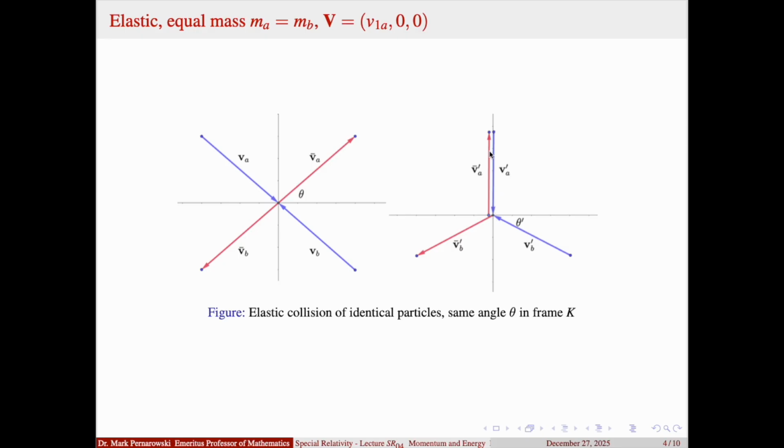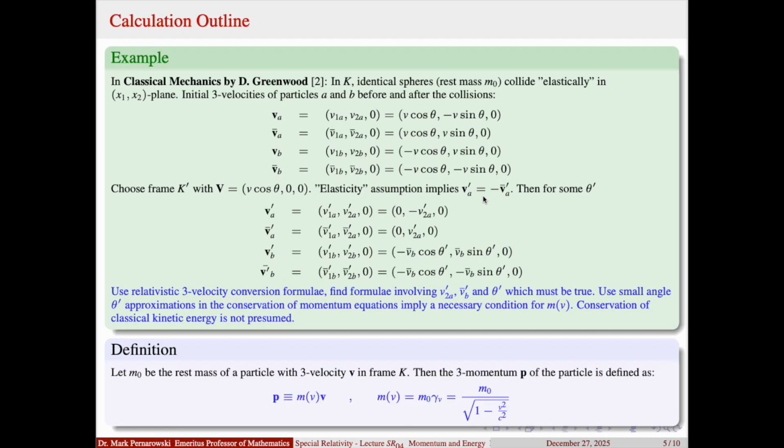It gets hit and then it goes back up this way, but it would be vertical in this reference frame. Okay, so what does this look like? Well, it's a real mess. You can look in Classical Mechanics by Greenwood,